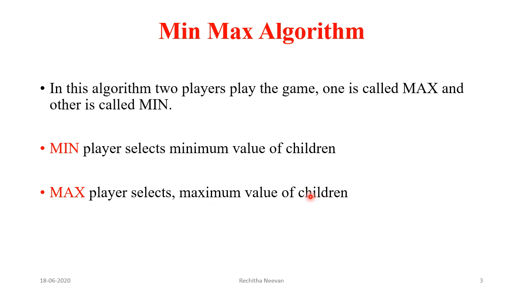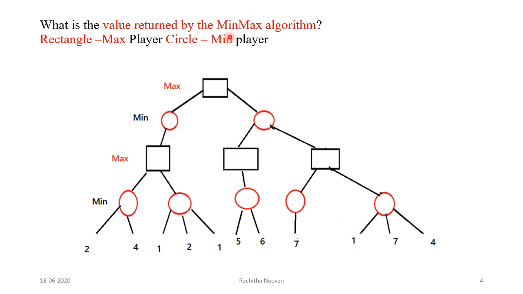For identifying the best next move, it has to traverse till some depth or till the leaf node, and it has to back up the values to make the decision. A max player selects the move with the maximum score. We can explain the working of the min-max algorithm by solving this problem. Here the question is to determine the value returned by the min-max algorithm. For each player, the min-max algorithm gives the best value possible.